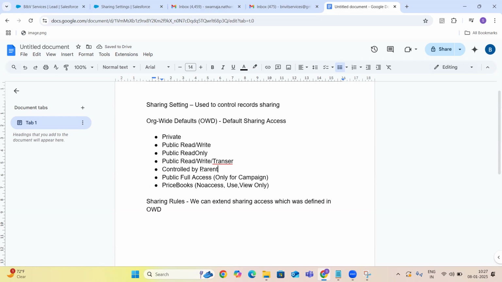Basically, try to explain these four very clearly. Then, if they ask what default sharing we can do for campaigns, you can just say campaigns has an extra sharing permission like public full access. And price books has something like view, use, no access.